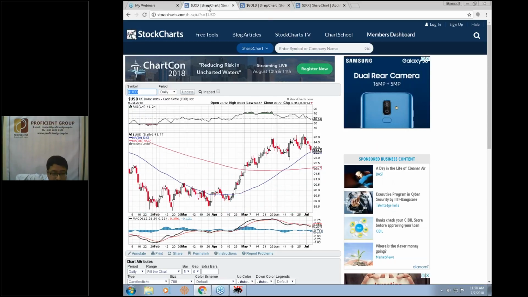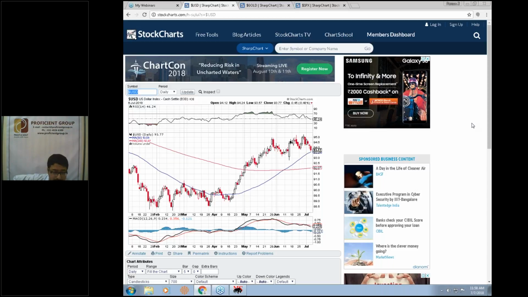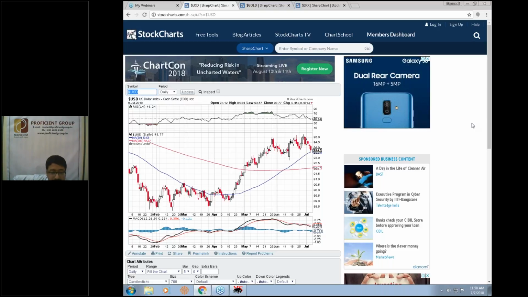Let's see what is happening in the dollar index. The dollar index is an important factor in determining the strength of commodity markets and bond markets, along with equity markets across the globe. As you can see, the dollar index has in fact come lower this week. We only had 4 trading sessions this week because of the American Independence Day holiday; there was no trading on 4th of July. In these 4 sessions, the dollar index has come down and taken support at its 50-day moving average, but the overall trend is still upward.